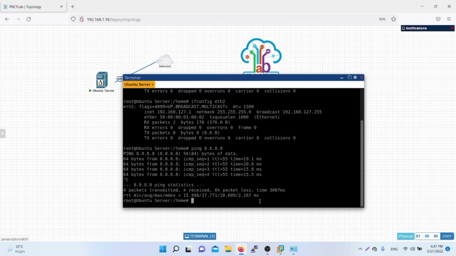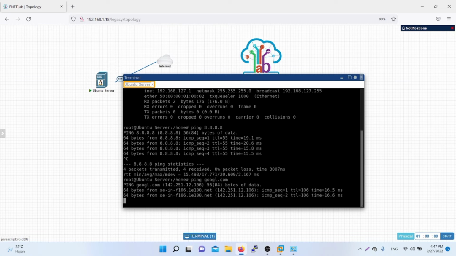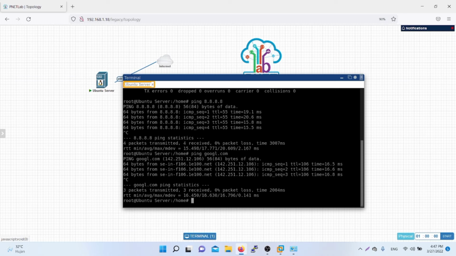Artinya yaitu default route-nya atau gateway-nya sudah berjalan dengan baik. And for the next step, kita akan ping ke dalam google.com untuk memastikan if Ubuntu server get the internet connection. And the command is ping google.com. Apabila tampilan sudah seperti ini, berarti Ubuntu server kita sudah mendapatkan internet akses dari laptop kita yang dihubungkan ke Ubuntu server kita.